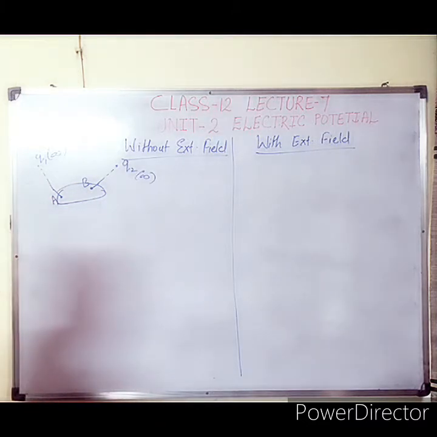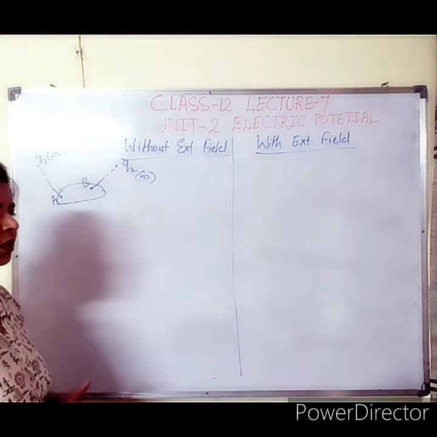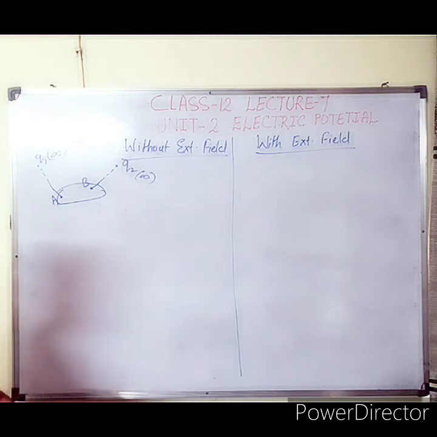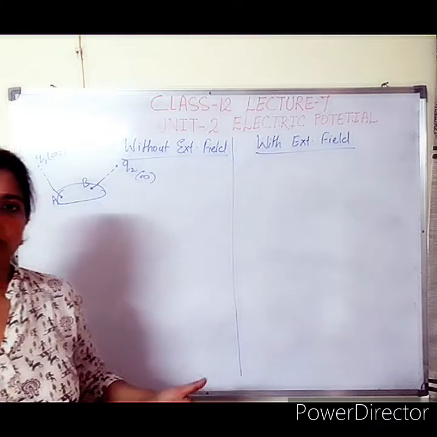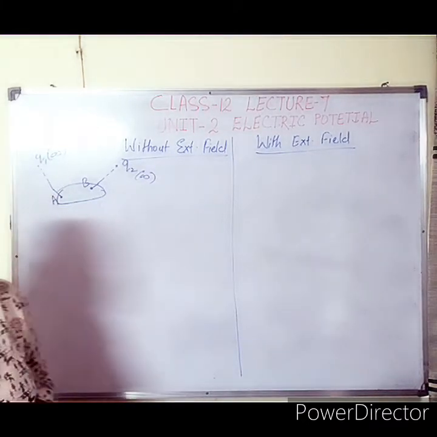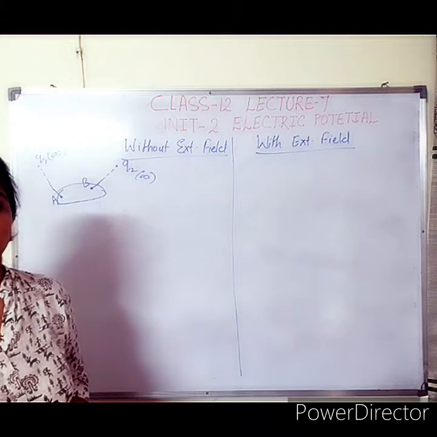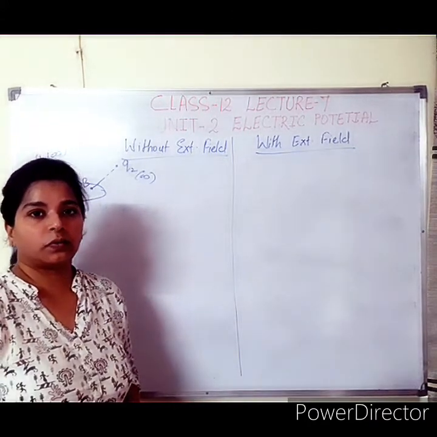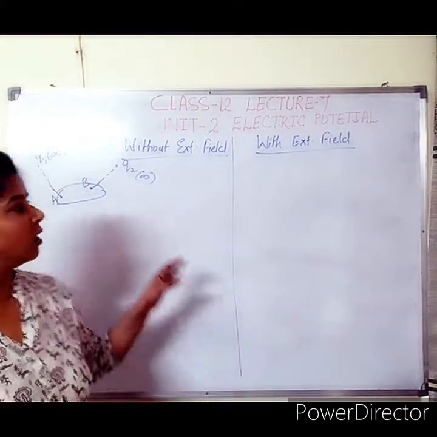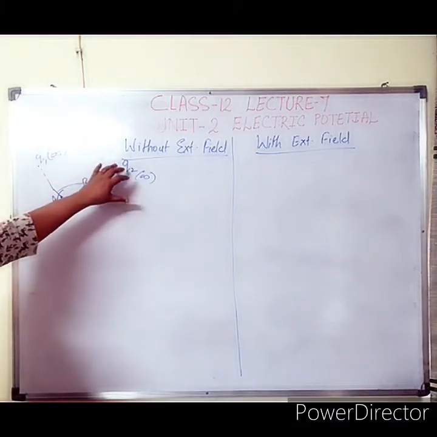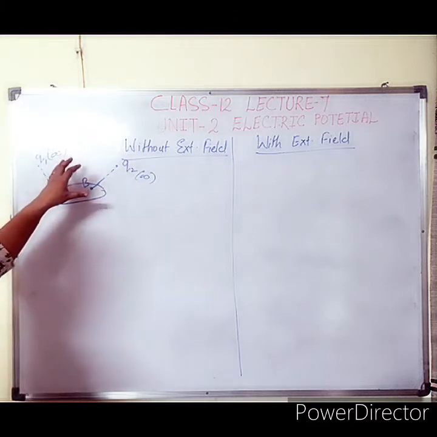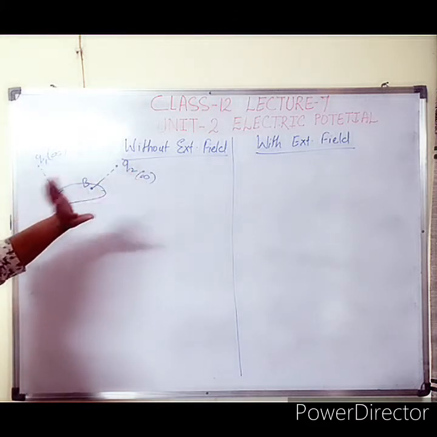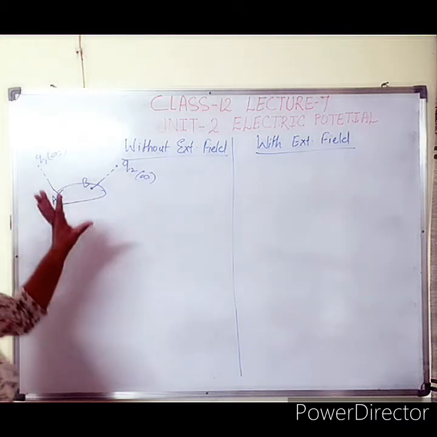Now they are in interaction with each other, they are forming a system, so they will affect each other. Like if 2 persons do not know each other, what will happen? They don't bother about each other. But if the 2 persons are good friends, then they bother about each and everything of each other. So that is the case here. The 2 charges are at infinity, so there is no need of interaction with each other. They don't even know each other. Q1 doesn't know Q2 and Q2 doesn't know Q1.